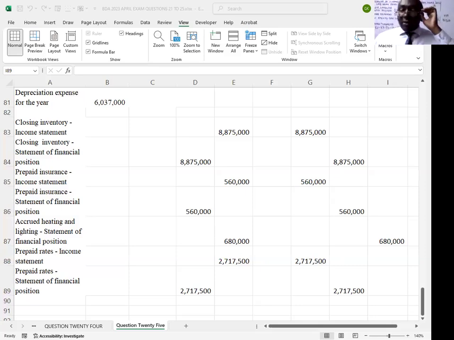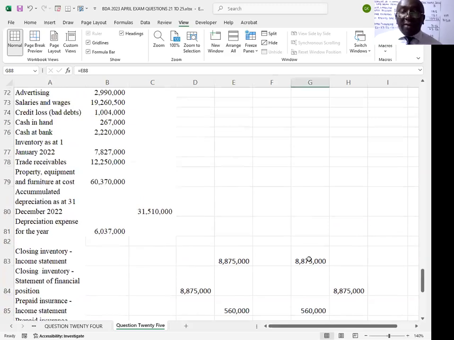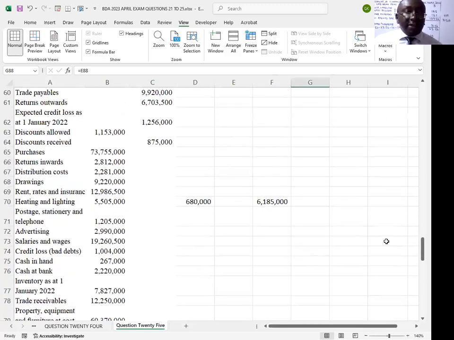Prepaid rates on the income statement, we are crediting. We are crediting because it's supposed to be a negative. It's supposed to reduce the amount. Yeah. So we are crediting it here. Otherwise, we should have come and credited it here to get credit hapa